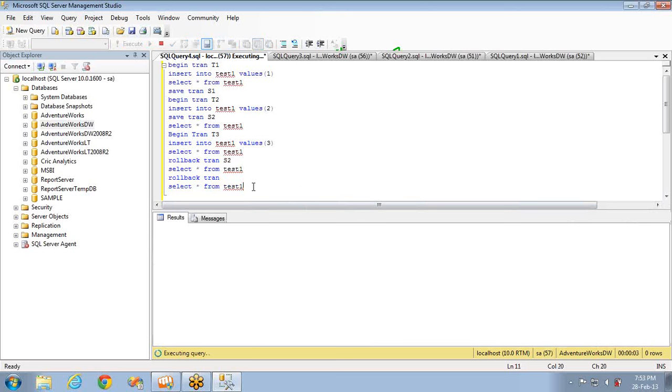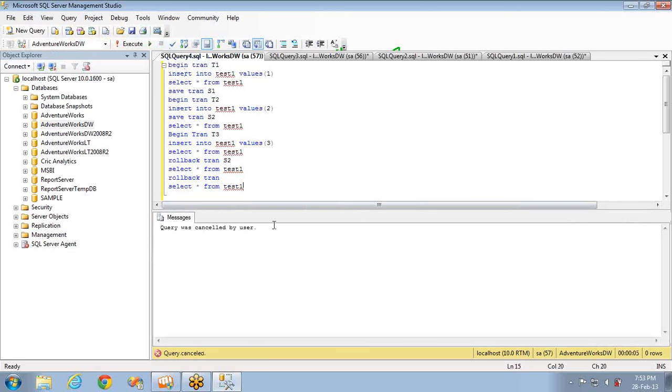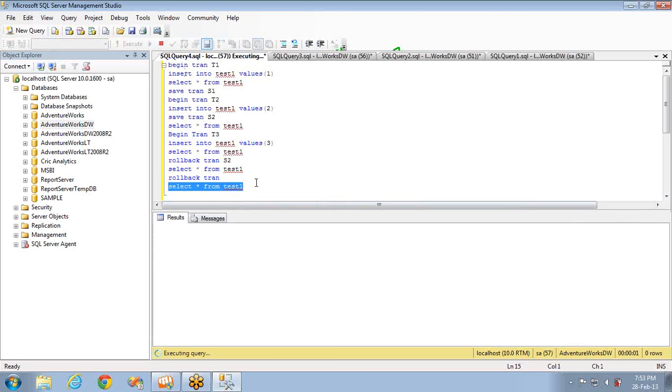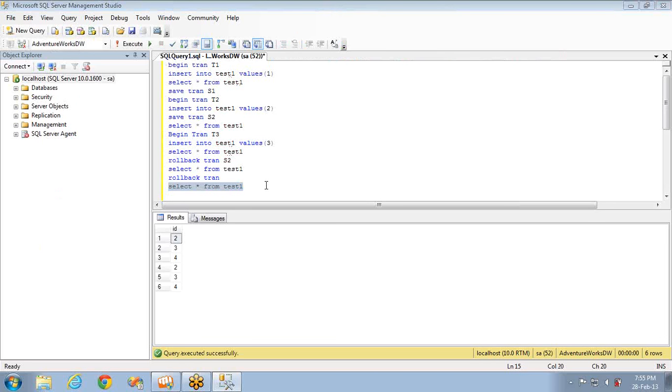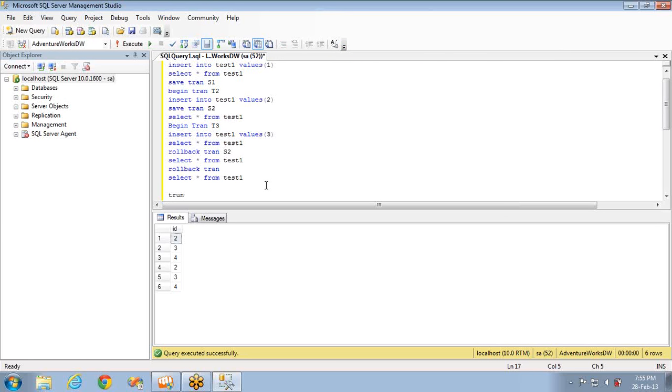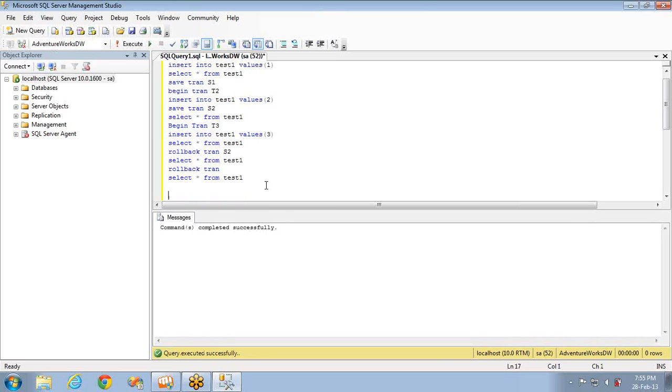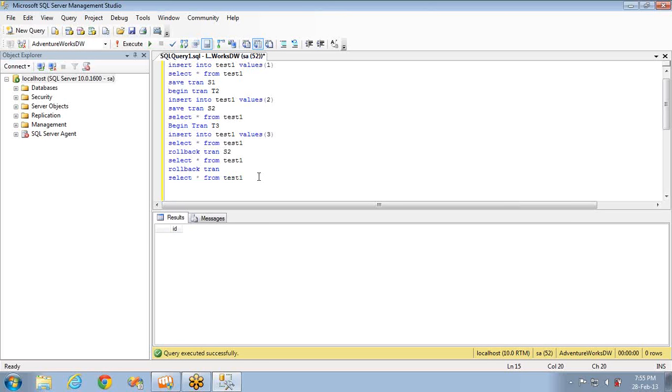Oops, I executed only one record. Let's see the select statement first. What are all the data that is present? What the hell? It is taking a lot of time to execute a select statement. Okay, fine. It has some records. Let me delete the data, truncate table test1, so that it will be clean. Now let me show you there is no data at this point of time.